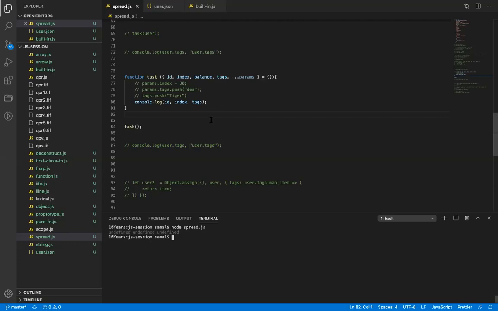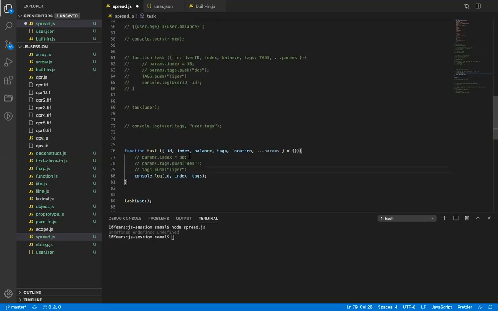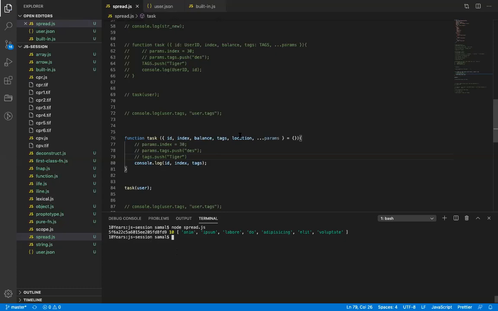All right. And same way, if you don't pass any value, let's say I'm passing a value user, and there is no key such as, let's say, location. There is no such key. Okay. So now if I run this, see all values have been populated here. Let's see, if I print a location key here, it will be undefined. All right. So in ES6 you can also assign a default value. Right? So to rename we use a colon. Okay.